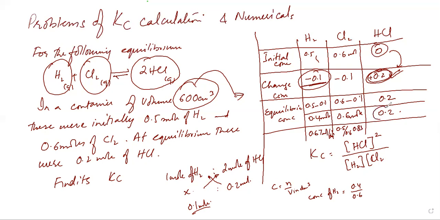And what is the two moles of product? 0.2 over 0.6. So this becomes 0.33. So if I apply these numbers, plug in these values, my expression will be,